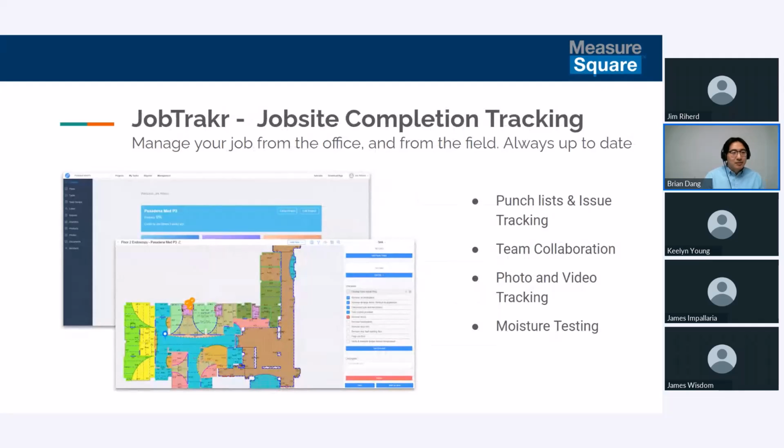And the final piece of our puzzle is our field management application, Job Tracker. As some of you might already know, Job Tracker is our mobile application for field management. It's already seen tons of success with other users, and it allows you to track your job sites for moisture testing with integration to Tramex and Wagner, so you're doing these moisture tests in a matter of minutes instead of hours. It also tracks task completion, job site issues, punch lists, and all of that connects back with our MeasureSquare